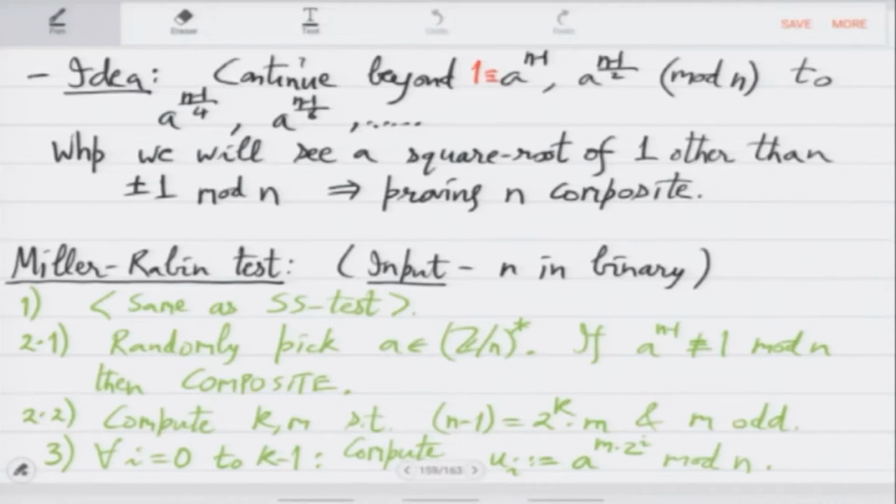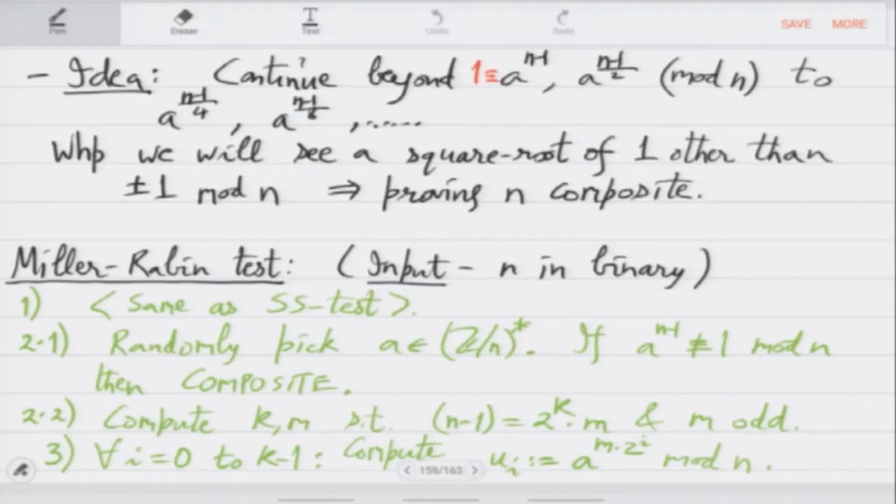So last time we saw this algorithm in green, which is proposed by Miller and Rabin. The input is a number n given in binary. First step, you just check whether n is a perfect power or n is even, and then for a random a, you will look at these u_i's. Look at step 3. u_i is just a raised to (n minus 1), a raised to (n minus 1) by 2, dot dot, a raised to m mod n,